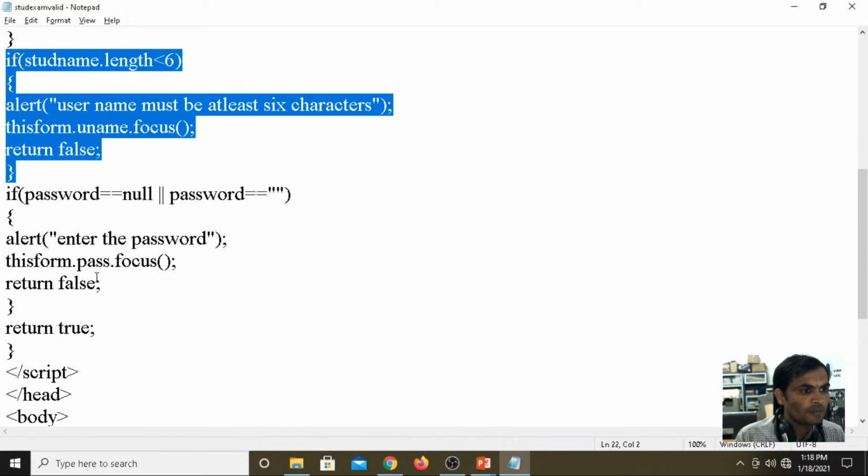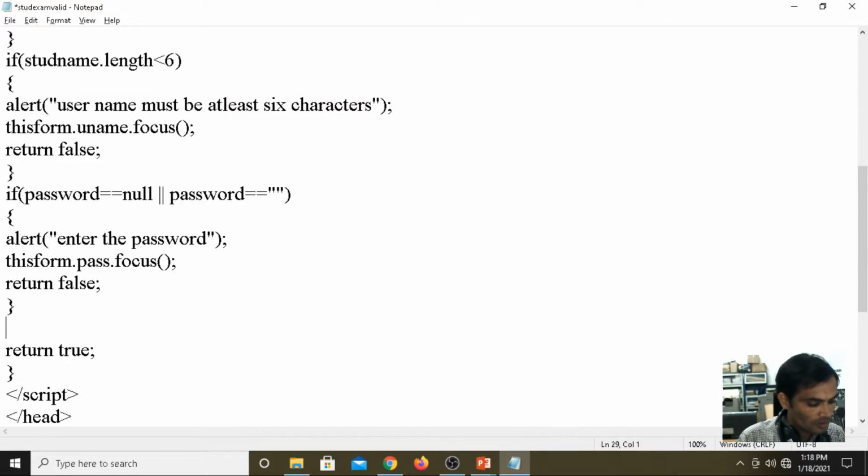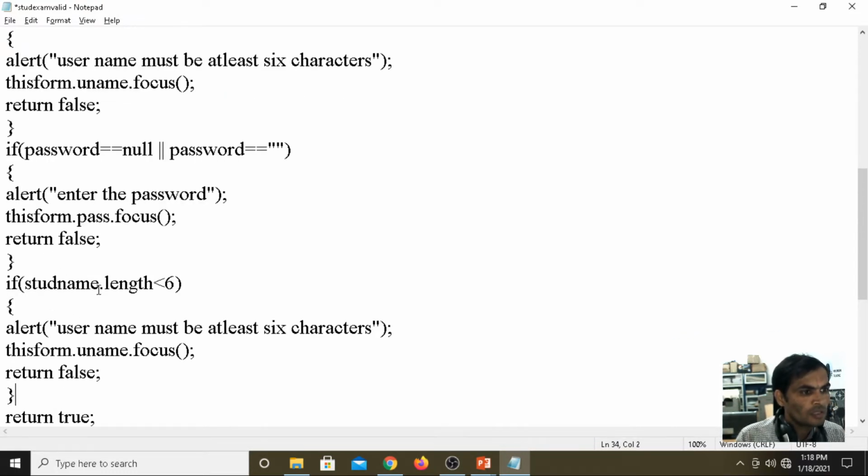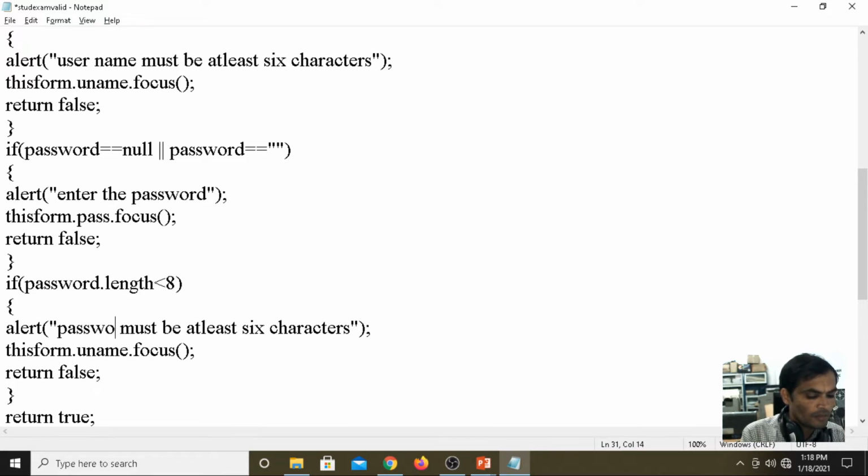I am copying the same condition and taking password here. If password length is less than 8, alert: Password must contain at least 8 characters.